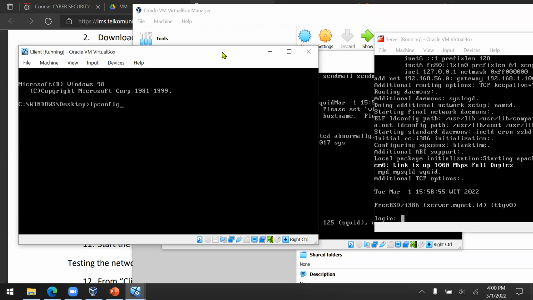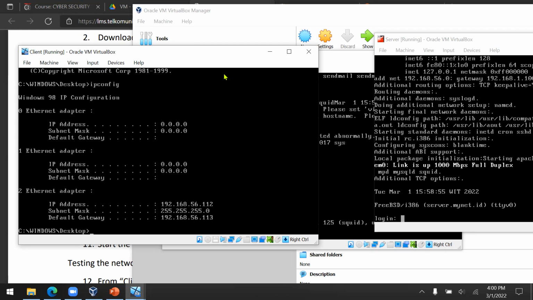Don't worry, it's already configured with the network settings necessary for you to connect to the server. So ipconfig, enter, and you will get the IP address 192.168.56.112. This is not from DHCP, this is predefined.